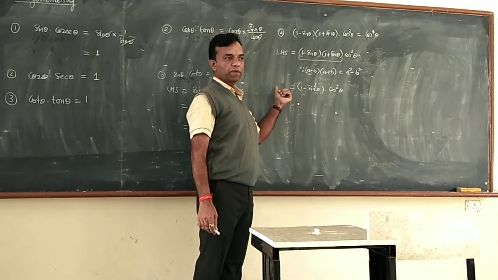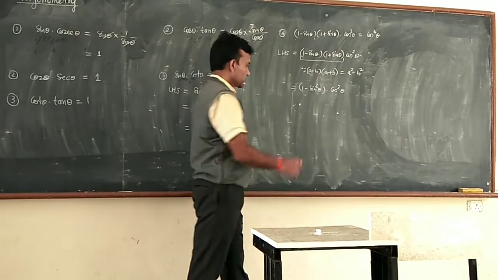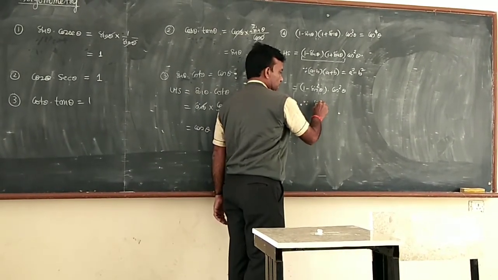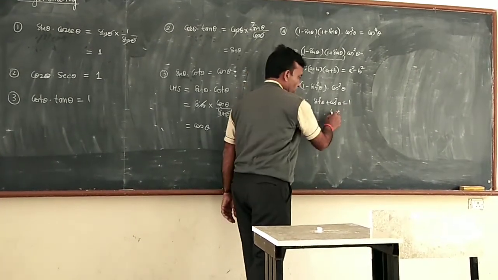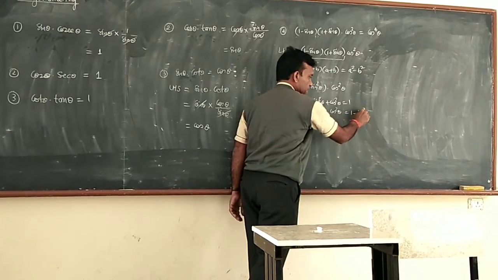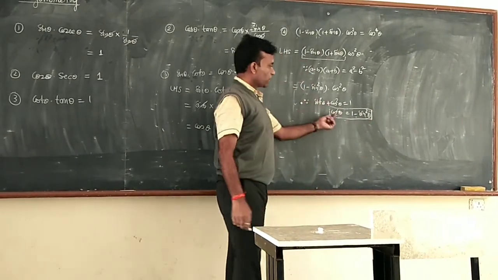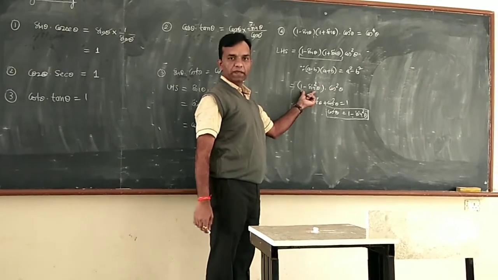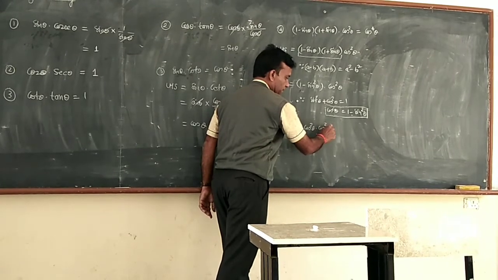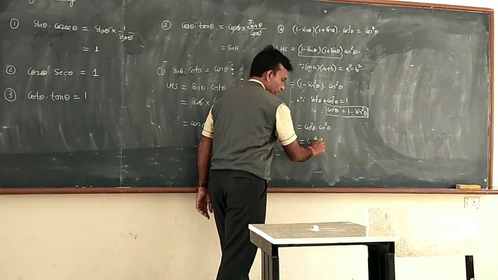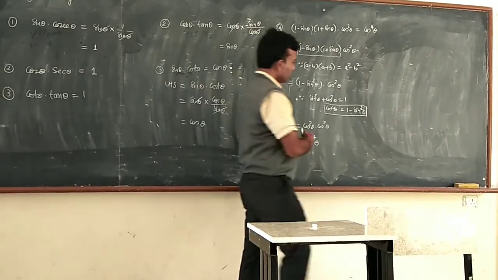We know from the previous lecture that 1 minus sin square is an identity. So first, sin square theta plus cos square theta equals what? 1. And then cos square theta equals 1 minus sin square theta. So this is an identity. In place of 1 minus sin square, you replace it by cos square. So this bracket is cos square, and cos square is already given here. So cos square into cos square is cos to the power 4.